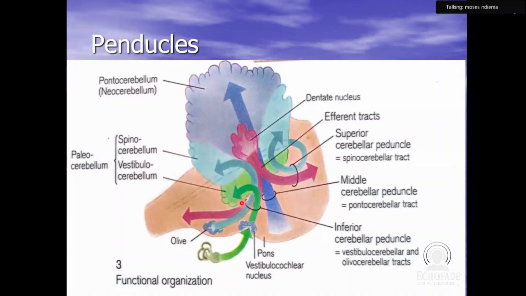We said pons is a bridge. It's connecting to the cerebellum, connecting to the midbrain, connecting to the spinal cord. And this connection is through the peduncles. So we have the inferior cerebellar peduncle, and this inferior cerebellar peduncle receives information from our ear,